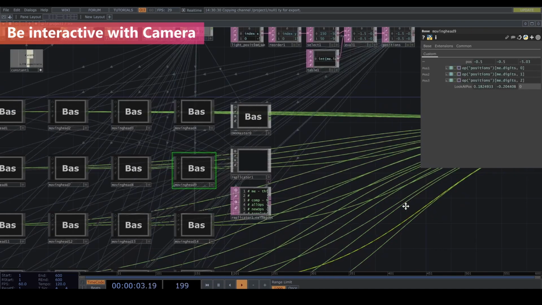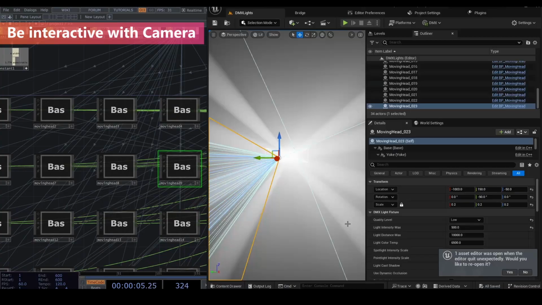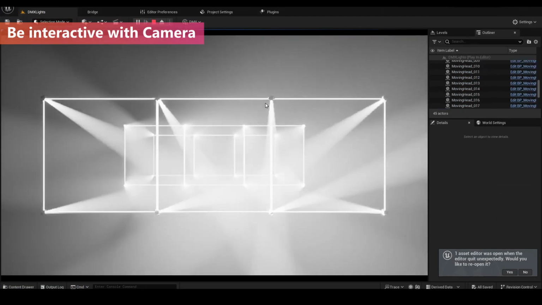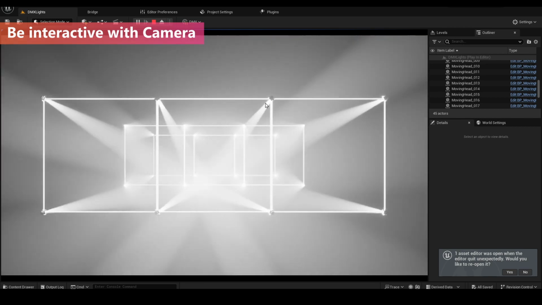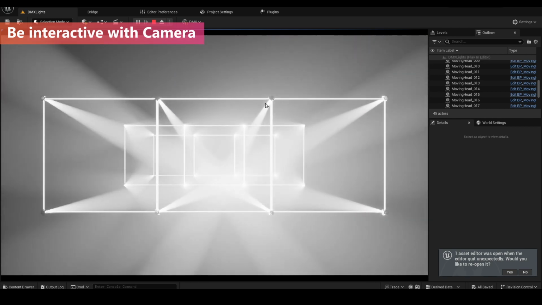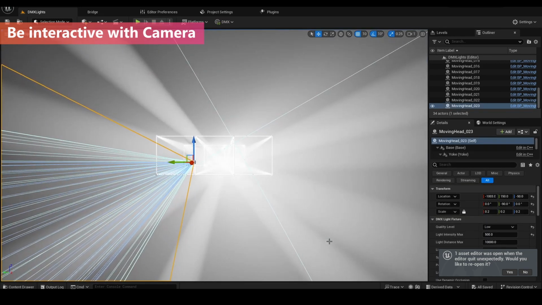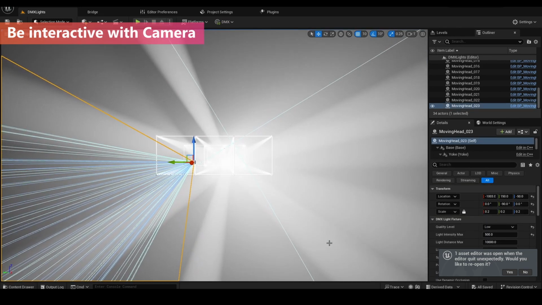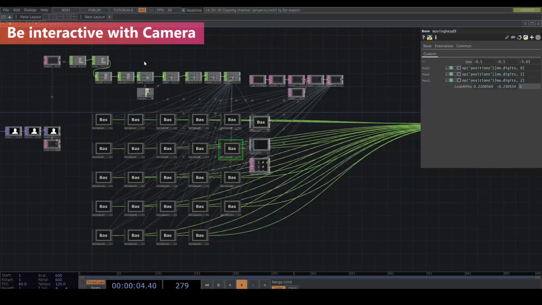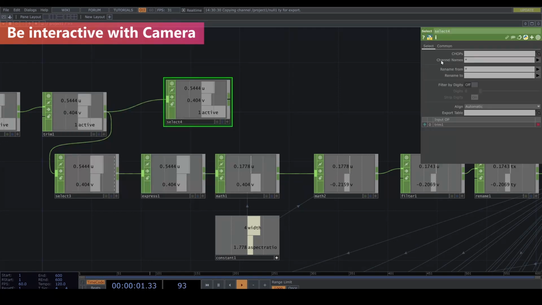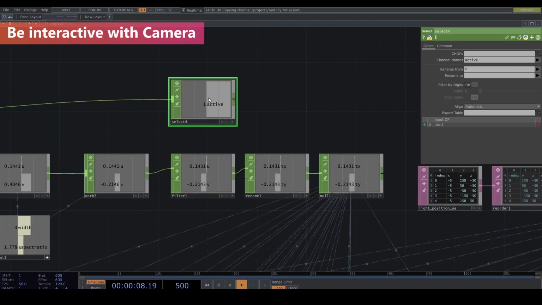Okay, so let's go back to Unreal Engine. Open it. So you can see the light moves. The light moves along with your movement. I have a little bit more steps to make it more installation-ish. So I'm going to select, if the tracking doesn't